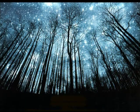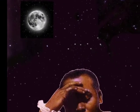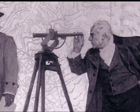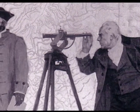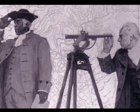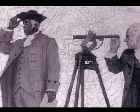Banneker worked throughout the night surveying the sky using the most sophisticated instruments of his era. He plotted the rising and setting of celestial bodies and recorded their positions in his notebook. Ellicott arrived at Banneker's work site every day before sunrise. He used Banneker's notes to plot his sight line so that the 10-mile square would be properly aligned to the